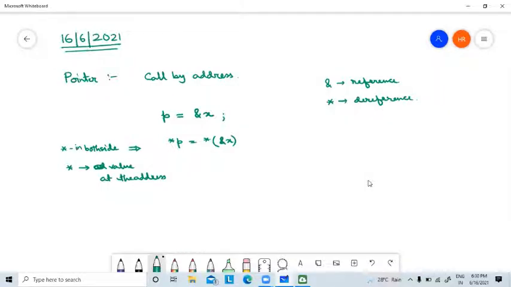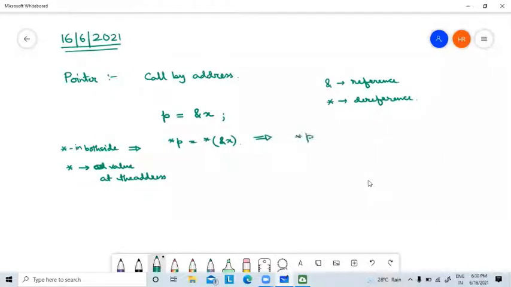Since they are opposites, like taking the log and then the anti-log, after this operation it becomes x itself.